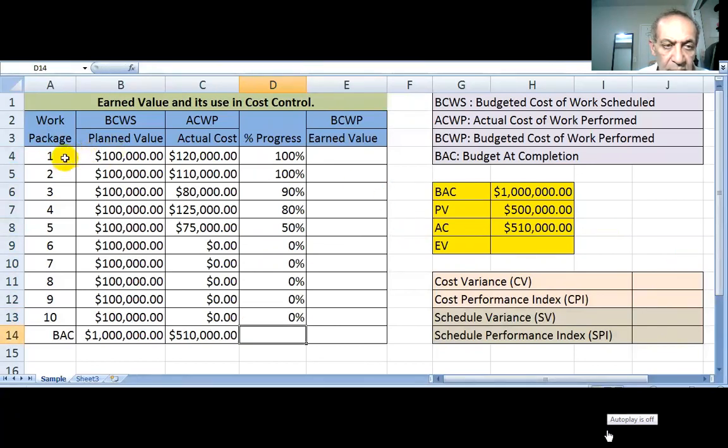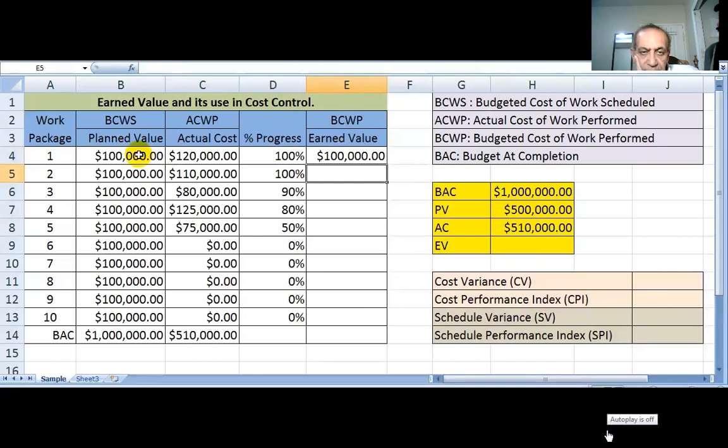So look at work package 1. For work package 1, we planned to spend 100,000. We had actually spent 120,000. The progress of this work package is 100% complete. So the earned value would be equal to the progress multiplied by the budgeted cost for this work package. Keep in mind, if the progress is 100%, the earned value is always your planned value, because this is what you had budgeted to spend